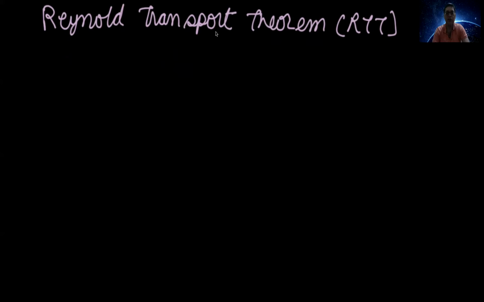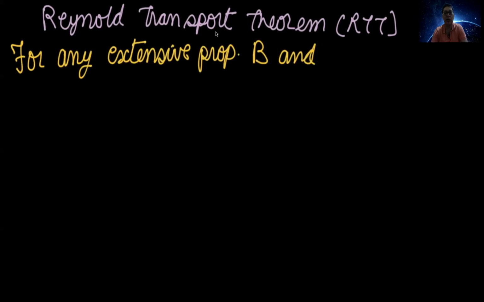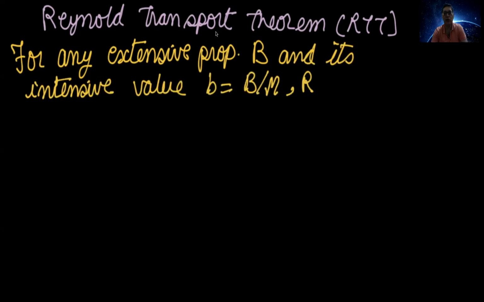In the previous lecture, on fluid kinematics, towards the end, I had mentioned the Reynolds transport theorem, where for any extensive property B and its intensive value, which is given per unit mass, the Reynolds transport theorem is given as